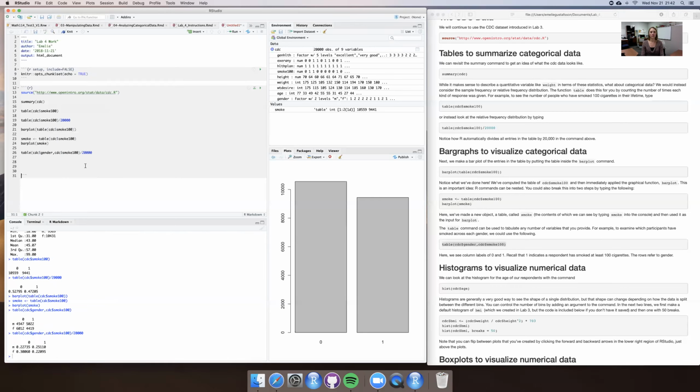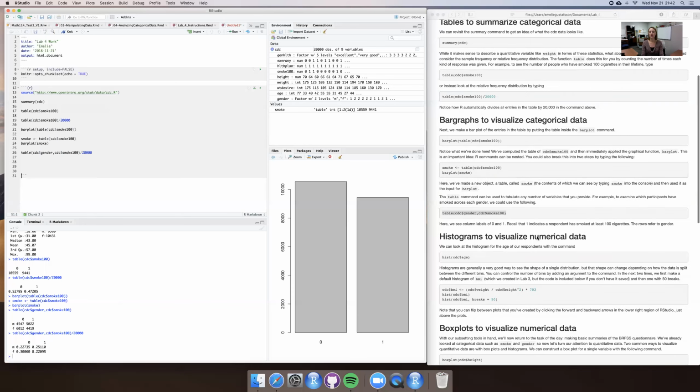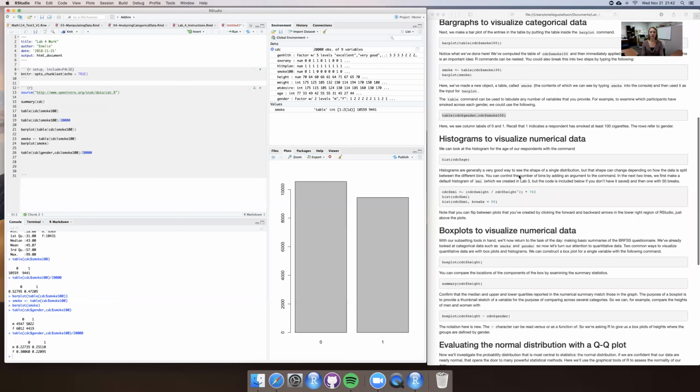So that's all we'll need to know for categorical data as far as visualization goes, right? How to make a bar plot. So now let's move to numerical data. Numerical data, we use histograms, right? We use histograms to look at the distribution of a variable. Is it normal? Is it not normal, right? And so let's say we want to look at the histogram of age. So we want to make a histogram of age. So if we run this,